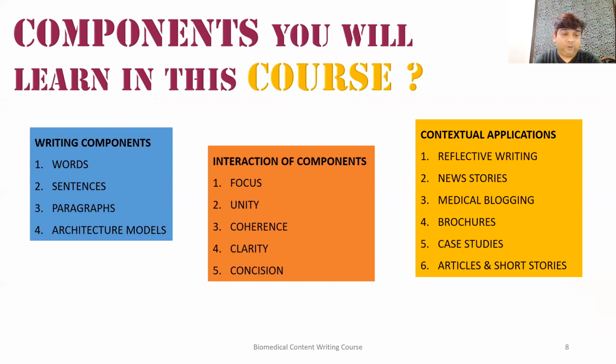One is the writing components, second is the interaction of those components, and third is the contextual application of those components. When we talk about writing components, we have the words, because the words are the basic components from which you develop your writing. Those words combine together to form the sentences, which are again one of the important components of the writing. Then come the paragraphs, because you combine those sentences and form the paragraphs, and from one paragraph to another you change your ideas, and those changes in ideas provide the architectural model to your writing. So words, sentences, paragraphs, and architectural models, these are the four components which we are going to discuss in this